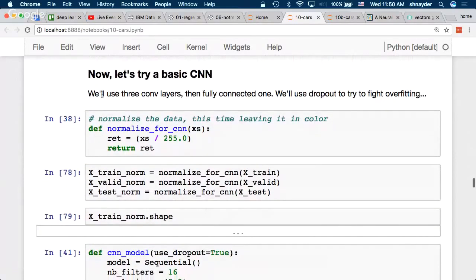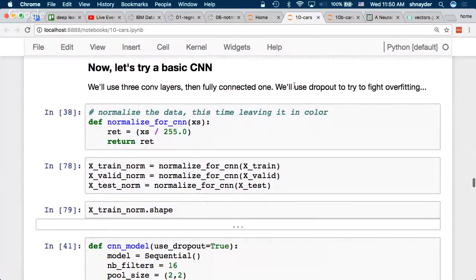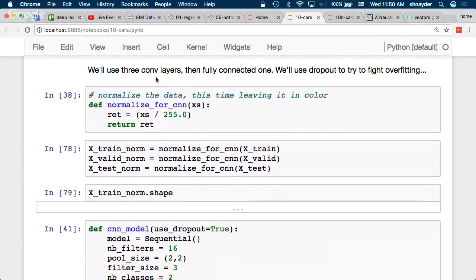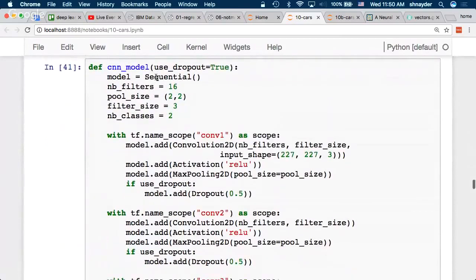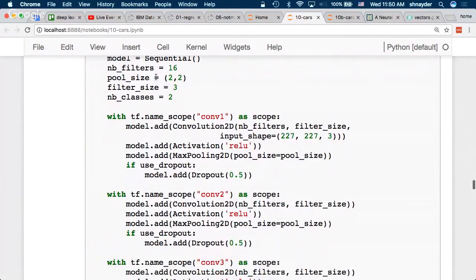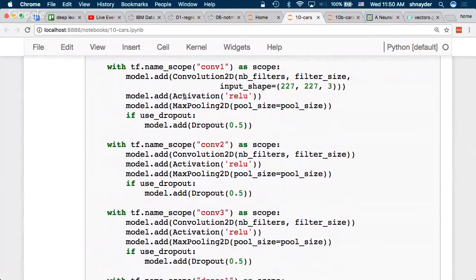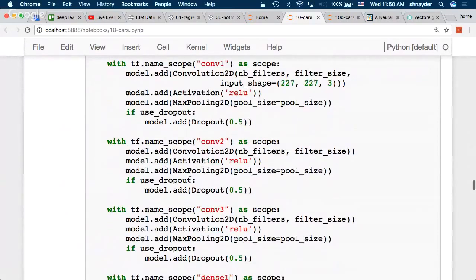But fine. So let's use a CNN. We'll try to use dropout to regularize, because otherwise there's really no hope. And I picked 3 layers just because that seemed like a plausible minimum for this kind of visual data. Okay, right, so convolution, activation, pooling, dropout, convolution, activation, max pooling, dropout.